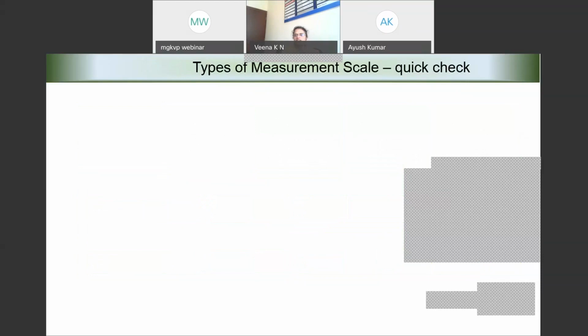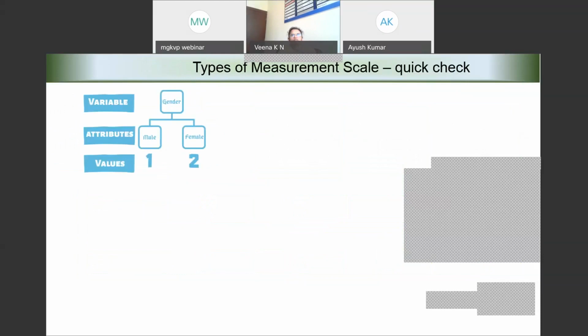Now, shall we have a quick check whether you have understood or not? I'm giving you one small example. Can you tell me what is the scale that we have used? Nominal, ordinal, ratio, or interval? Variable here is gender.